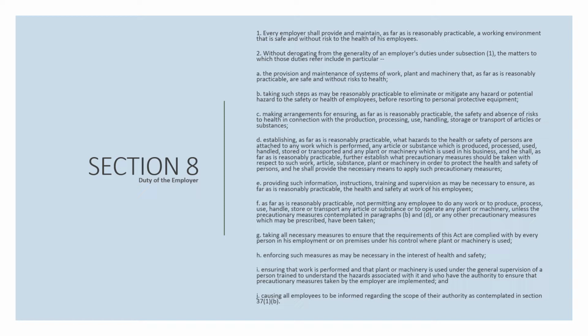Now moving on to Section 8.2, it says that without derogating from the generality of the employer's duties under subsection 1, meaning that the overall responsibility that they have toward health and safety, we cannot take away from that. But the matters to which those duties refer include in particular. In other words, it is now telling the employer specifically what must be done in terms of health and safety. And this is also a very good guide in order to develop a good health and safety policy. Let's start by looking at 8.2a, the provision and maintenance of systems of work, plant and machinery